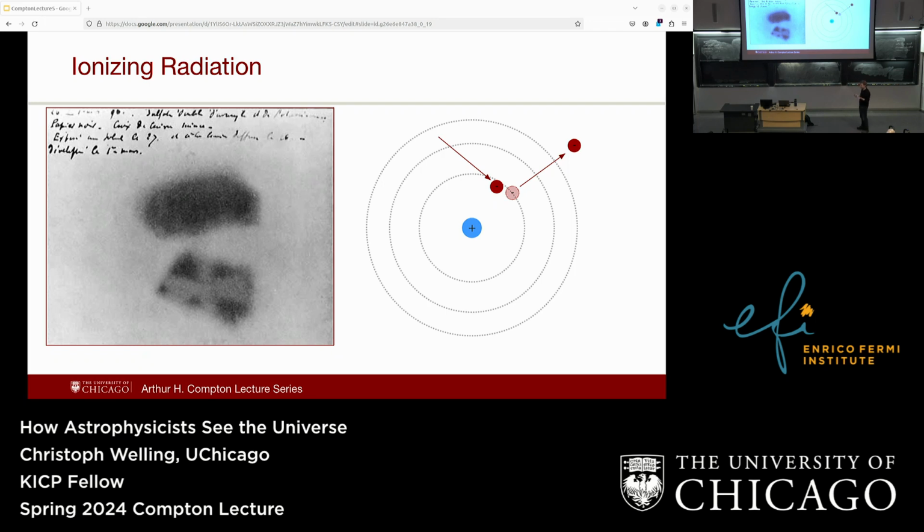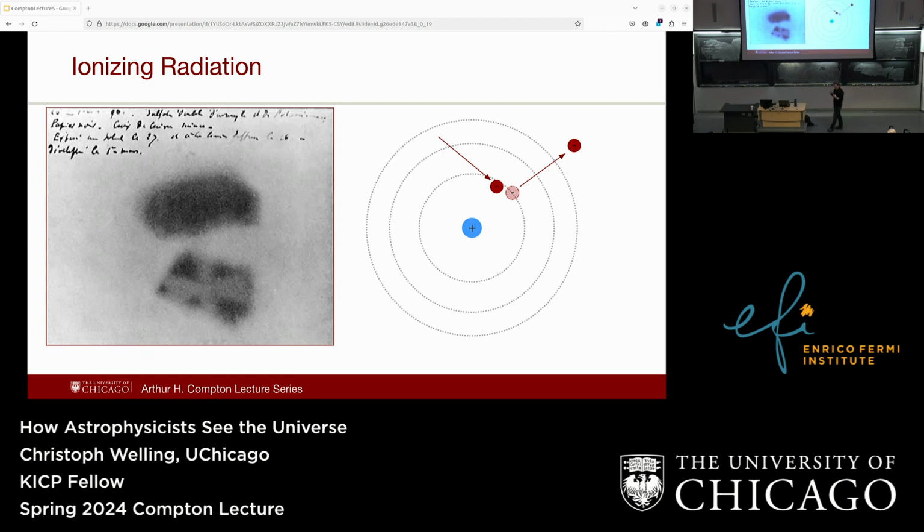It's called ionizing radiation, because what it does is you can have a particle, this can, for example, be an electron, bump into one of the electrons in the shell of an atom, and then it will just knock this electron out of the shell. And that can do several things. So one thing it will do is, if you have a photographic plate, it will turn this dark. So this is how radioactivity was discovered. Someone just more or less by accident had a piece of uranium lying on a photographic plate and realized that for some reason it got darkened.